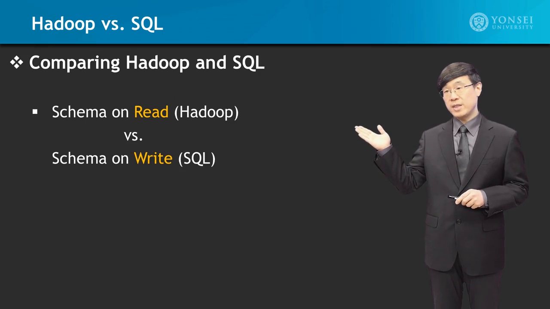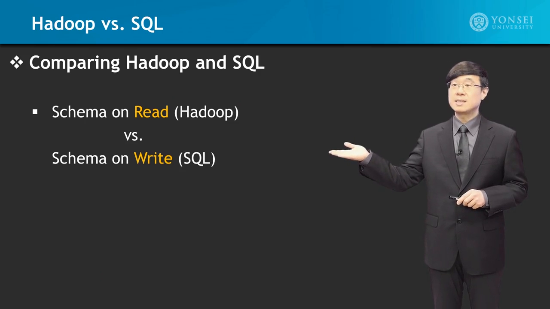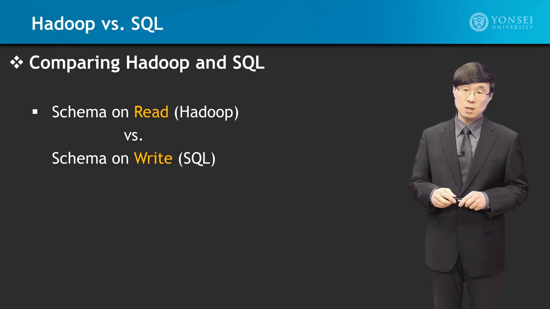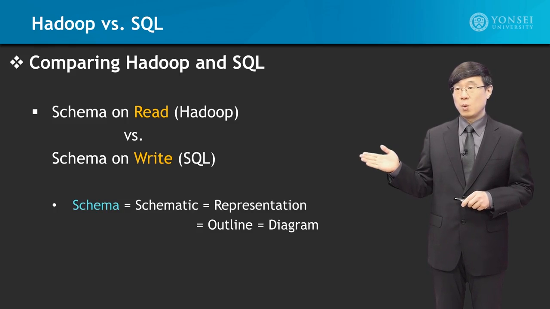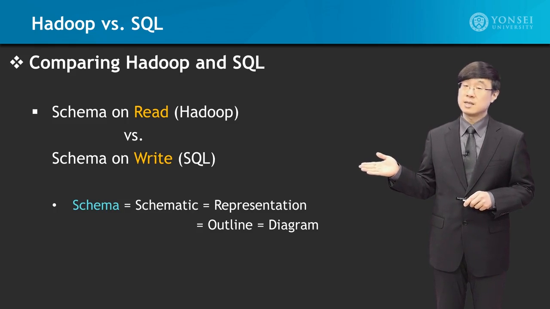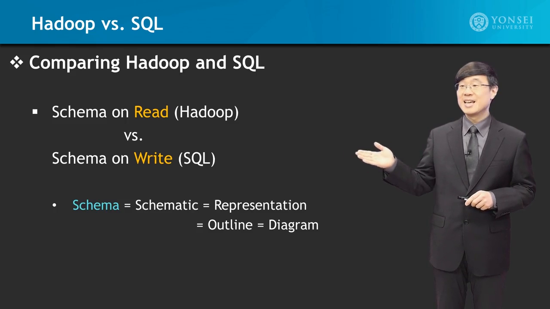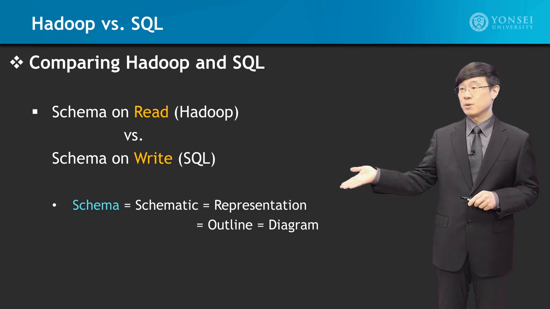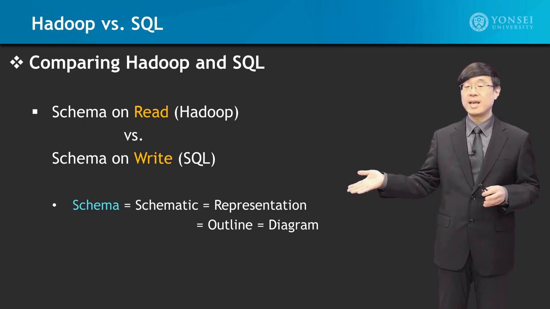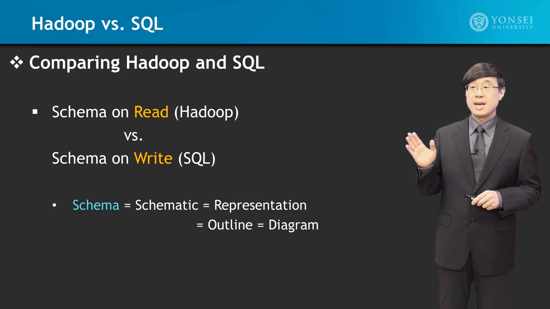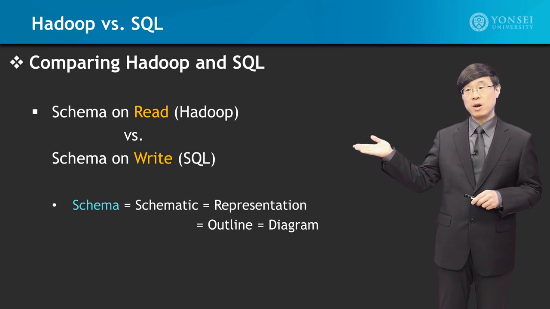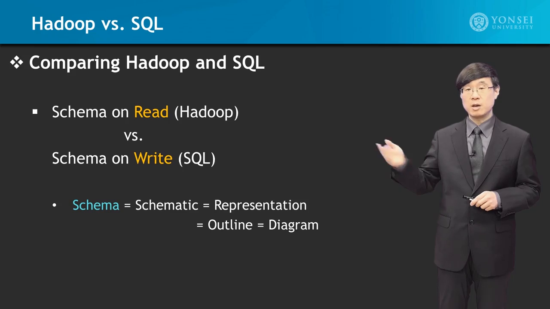We have a comparison that is based on schema on read, which is the Hadoop style, and schema on write, which is the SQL style. What is schema? is another question that could probably be asked. Schema means schematic, representation, diagram. It has these meanings. Now, we're going to look at and compare the read and write schema characteristics of Hadoop